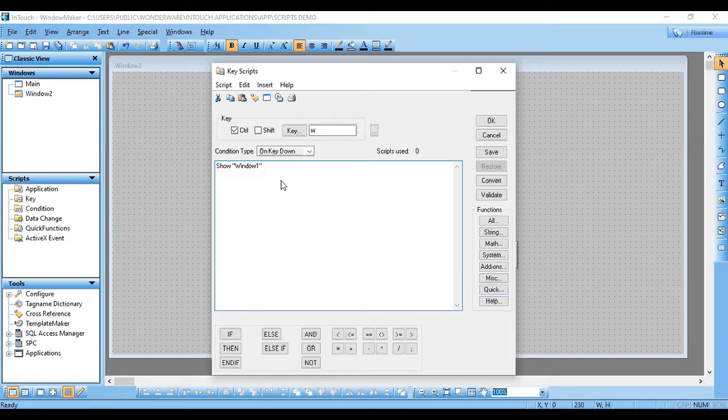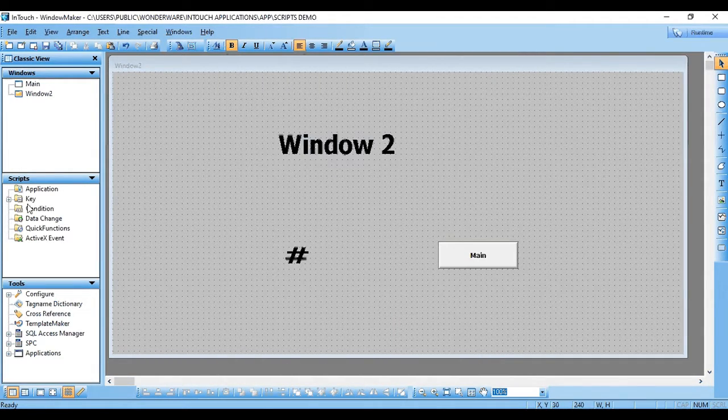I have just added the code for window 2, semicolon. So our first key script is generated to go to the second window.